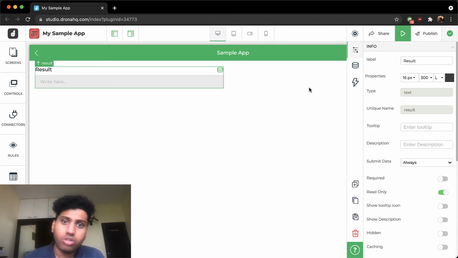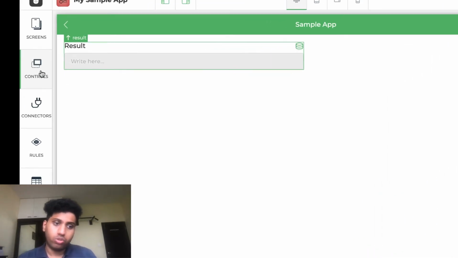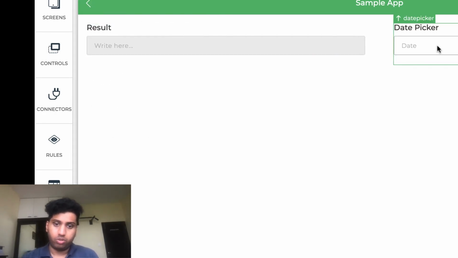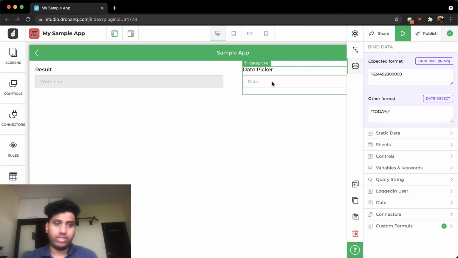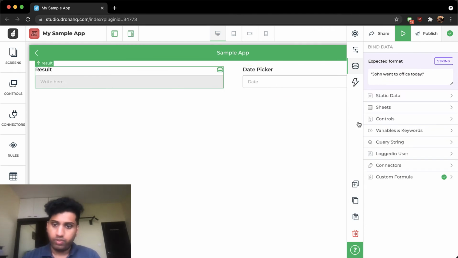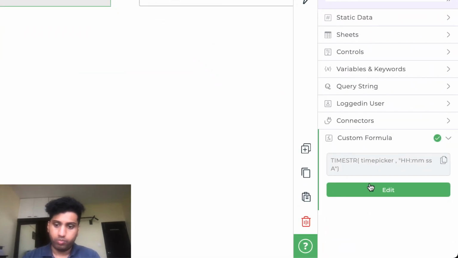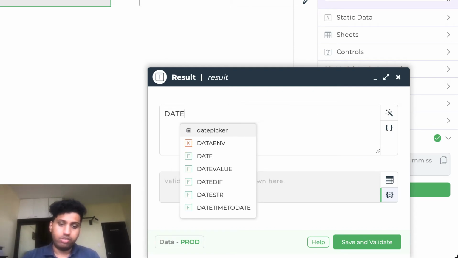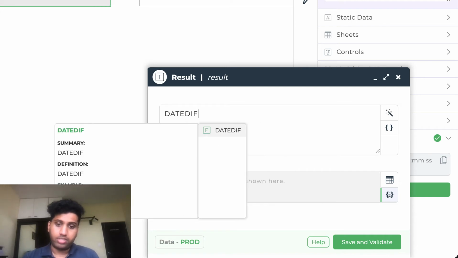Let's now find out how to find the difference between two dates, be it number of days, number of months, or even number of years. So I've already deleted my time control and I'm going to go back and add my date picker over here. Once I do that, I'll head back to the result where we're going to play around, go to the custom formula and use a different formula function here called date difference, which, as you might have guessed, is used to calculate the difference between 2 days.